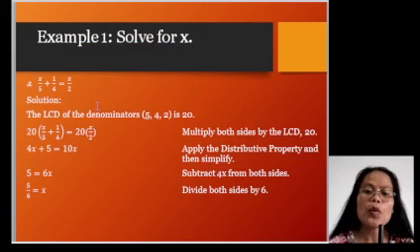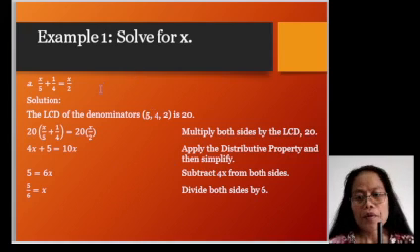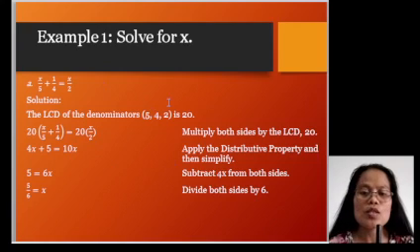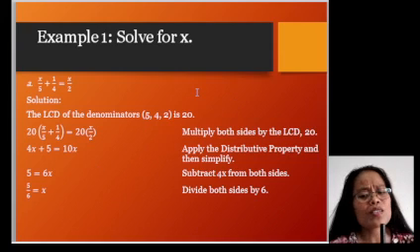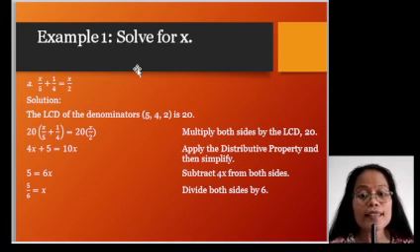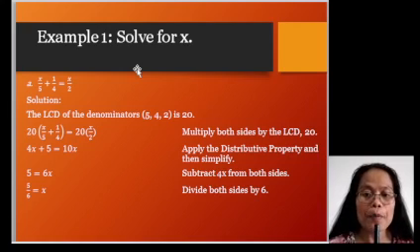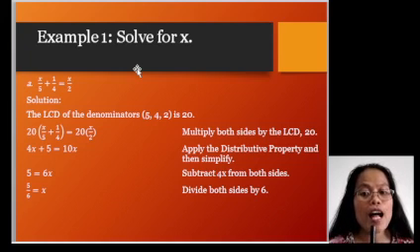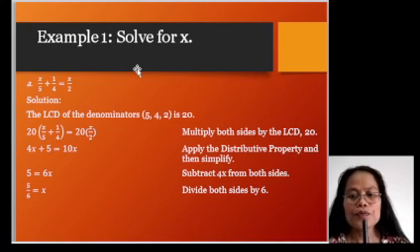Okay, example 1, we have to solve for x. In dealing with variables, like why is it, well, we are always talking about x, y, or the other letters. You have to remember always, students, that variables are unknown numbers, meaning the value of those numbers that we are looking for. So the given